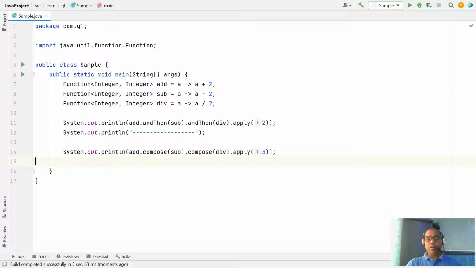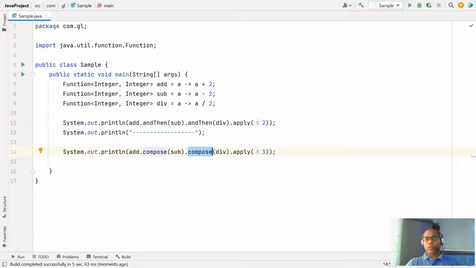So let us look at which functions are taking which input and in what order they are executing. Here we have add and then sub and then division. Here we also have add, then compose sub, then compose division.